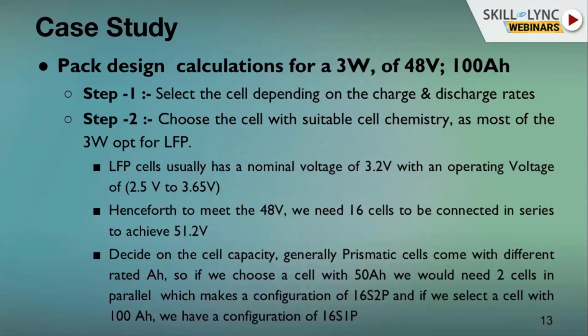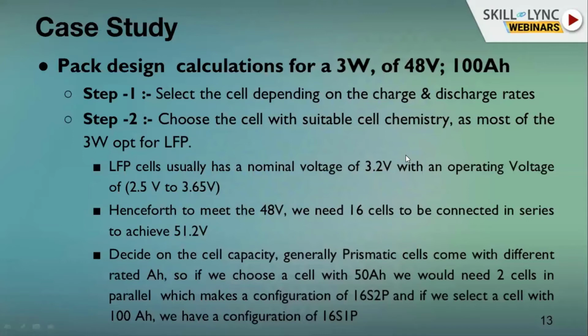Even though the LFP cell chemistry has not great volumetric energy density, it is good. And since three-wheelers have a lot of space, there's a space below the driver's seat, there is a space at the rear, there is a space below the passenger seat. So there's a lot of space for three-wheelers. So that's the reason, even if you go with LFP, the cost is economical. There is a lot of space so that we can accommodate all the cells there, and at the same time this is a little bit stable, and we get a lot of prismatic cells of higher capacity, which will reduce the number of cells used. So that's the reason we have gone with LFP for the three-wheeler.